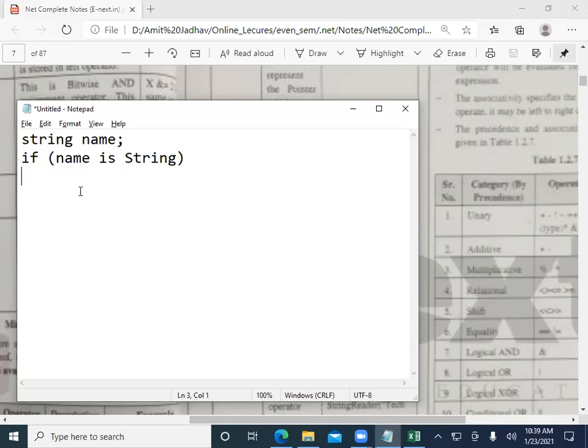So here we check the program: x is equal to 10 and the value of y is equal to 20, and here we define z in the form of double.